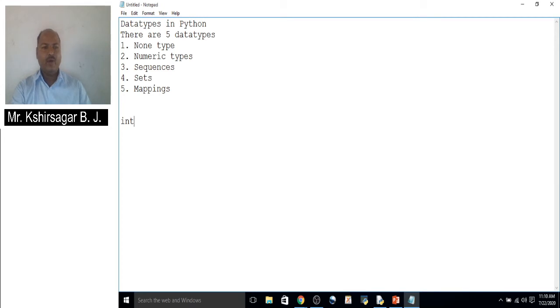Similarly here, if you don't assign a value, or don't store any value inside a variable, the type of that variable will be considered a none type. In Java we use null, and in Python it is called the none object. So this is the first data type, none. In a Python program, only one none object will be provided. We cannot give multiple none objects in Python.